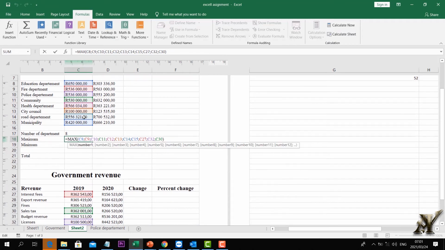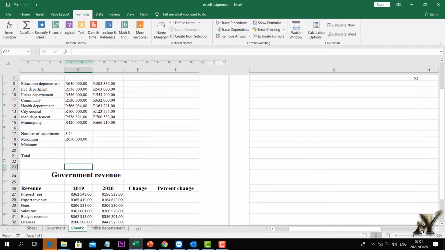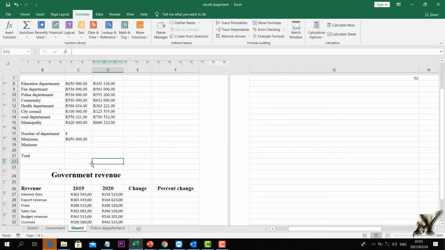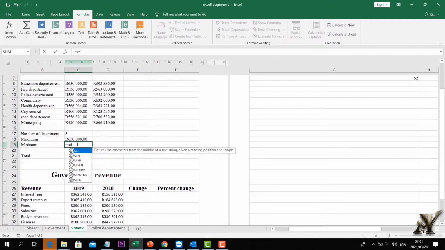But once your numbers are in range, I prefer to use this one because it's short. You can't make a mistake. You can double check, because in this one you can make a mistake by forgetting one of these, especially if you don't double check. You can get the wrong measurement, because if one cell misses on the formula, you're going to get the wrong measurement. I'm going to say equal minimum,